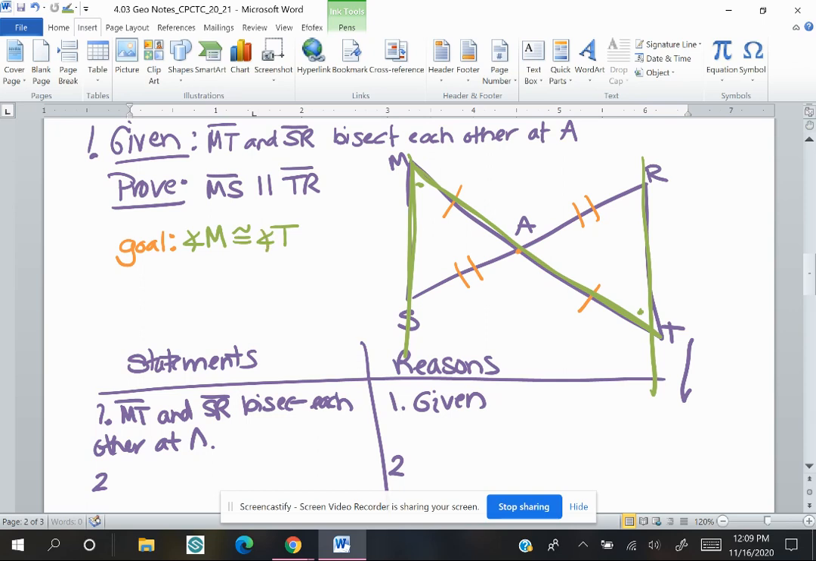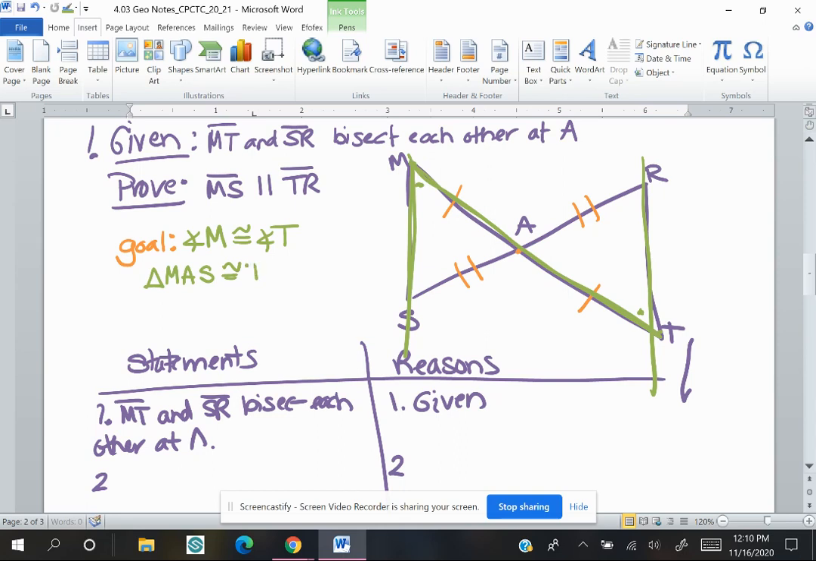I am allowed to use one letter to describe those angles because there's no other angle at those 2 vertices. If there was, then I would need to use 3 letters, or I could put a number in those angles as well. So now again, I work backwards and say, how do I get angle M congruent to angle T? I know if I get those 2 angles congruent, I can get the 2 lines to be parallel to each other. So how do I get angle M congruent to angle T? Well, if I get the 2 triangles to be congruent to each other, then I know those are corresponding parts of those triangles. So if I can get triangle MAS